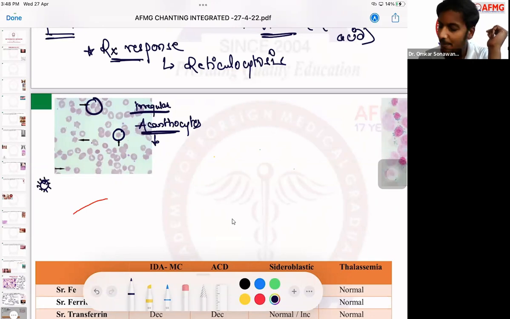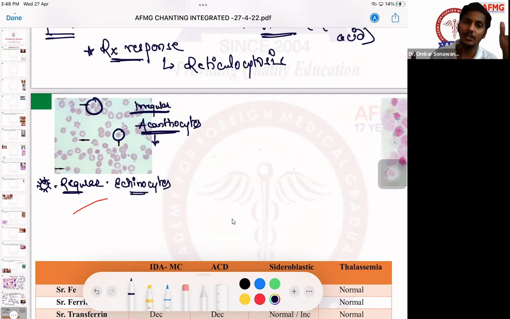Whereas if an RBC has regular spikes or regular projections on its surface, it would be called an echinocyte. So regular spikes on the surface, echinocytes. Irregular spikes on the surface, acanthocytes. They can be seen in autoimmune hemolytic anemia, but mainly